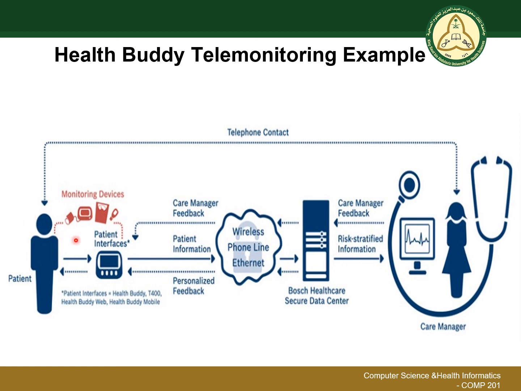All of the data from these monitoring devices will be sent to the patient interface, where it transfers the data through the wireless phone line to the healthcare secure data center, and the software, based on the data, will make